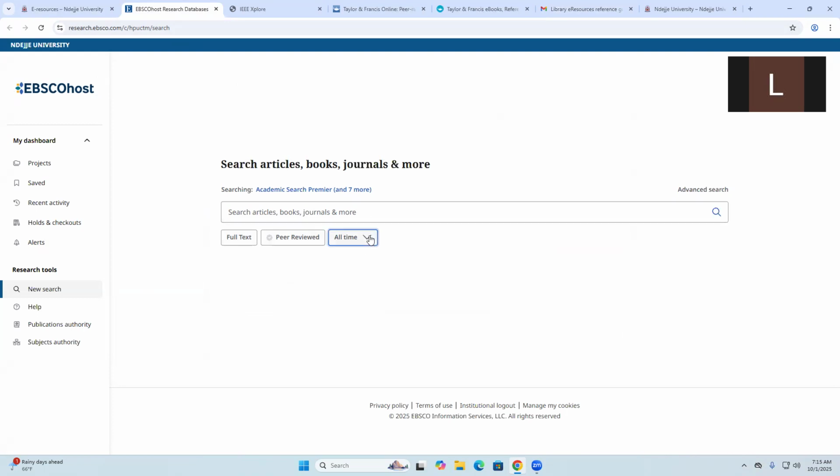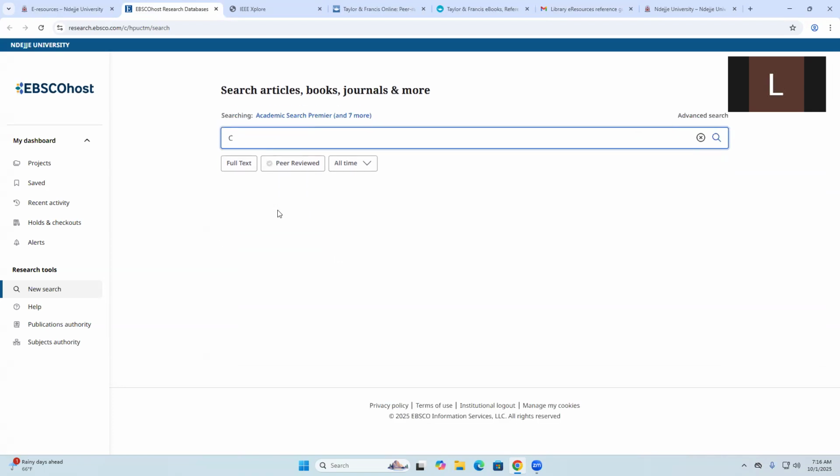When it comes to filtering, you can filter by period, for example, the past 12 months, the past 5 years, the past 10 years. And for the articles, there's what we call peer-reviewed. And then also we need only full text, because sometimes they provide materials which we don't have access to in full text. So for example, if I'm searching for concrete cement,